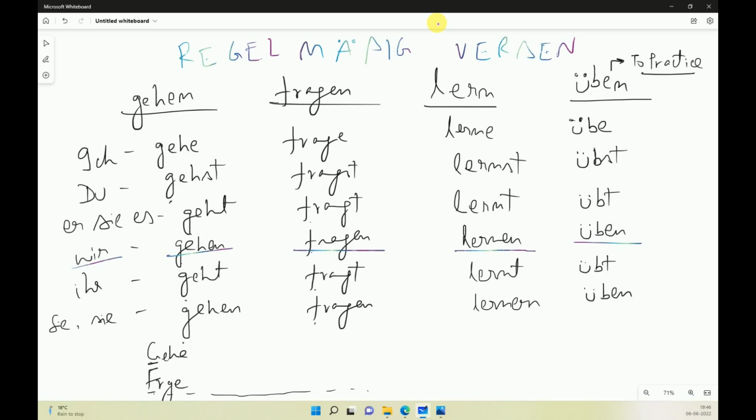Also, the third persons, that is sie and es, take the same form. That means wir and sie will be the same all the time. Likewise, sie, es and ihr are also the same in most cases, like fragt und fragt. It's just the same, right? So even if you learn a few forms, you can still make out what the complete conjugation would look like.